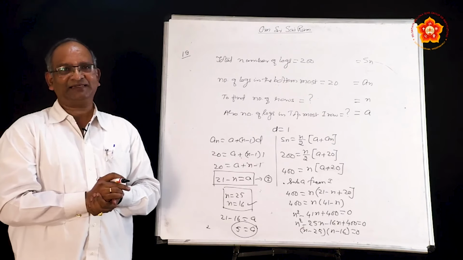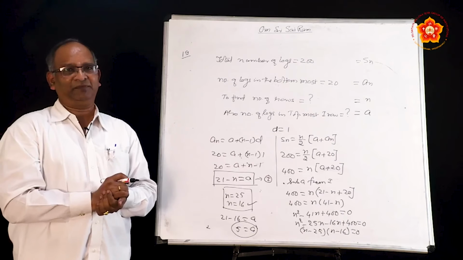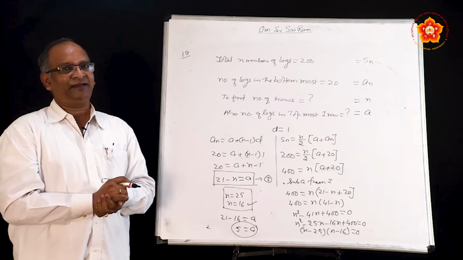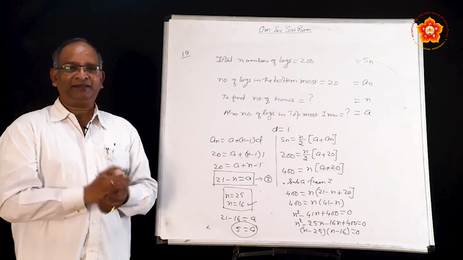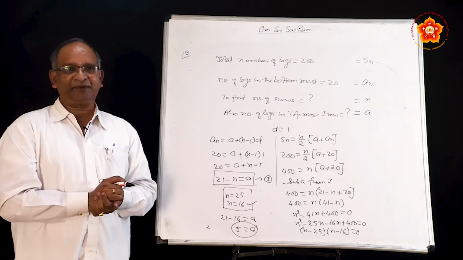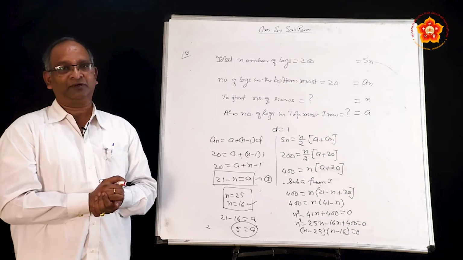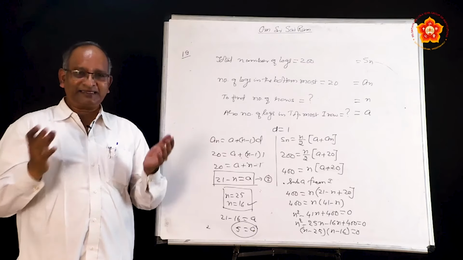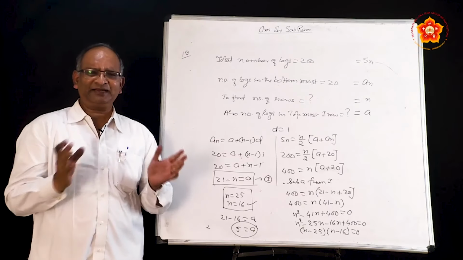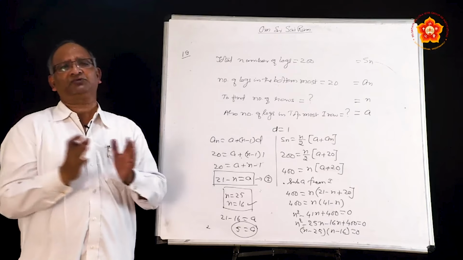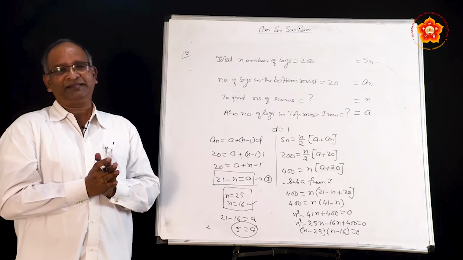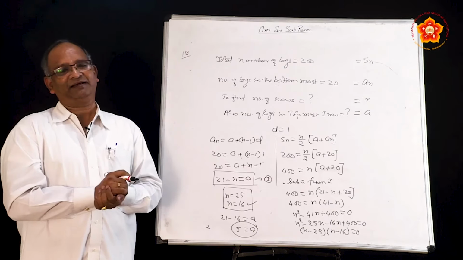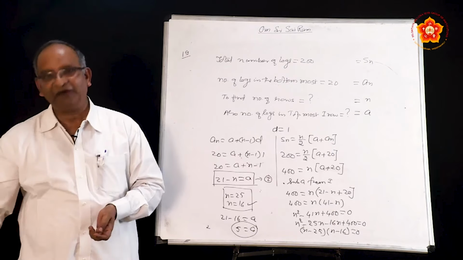We'll end this class with one very significant problem which we left in the second exercise. We'll just do that and then close this, and this will be the end of this particular chapter called arithmetic progression. Now what is that particular problem? Why is it so significant? It is significant because in general all the problems which we have solved till now were straightforward, whereas this particular problem is a little twisted, and let us see how it sounds.